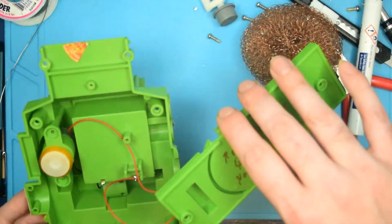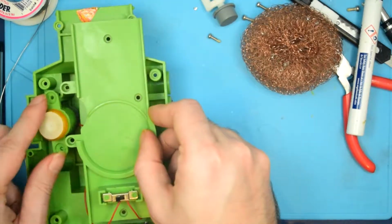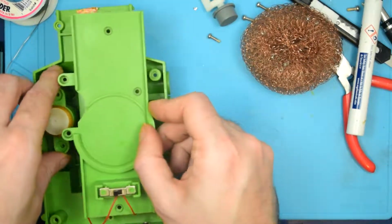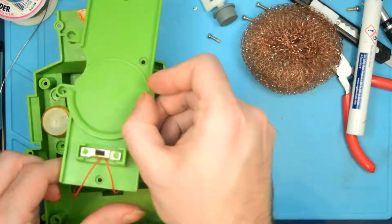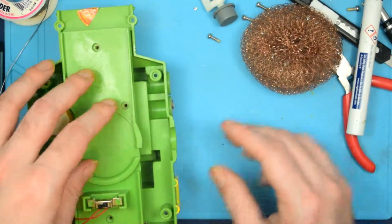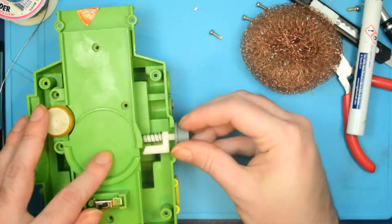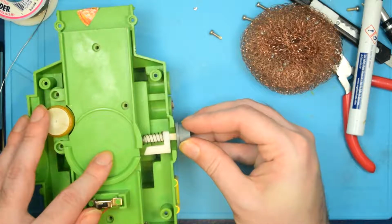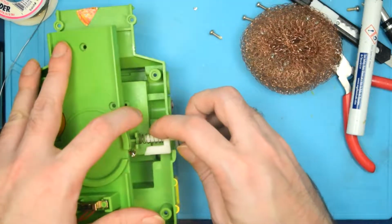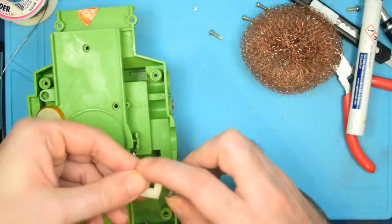reassemble this. That needs to go in this direction. These go over. This goes here. And these settle in like that. Then I need to put this back in. And that goes sort of, how do you go? What do? Okay, that goes like that. All right, so